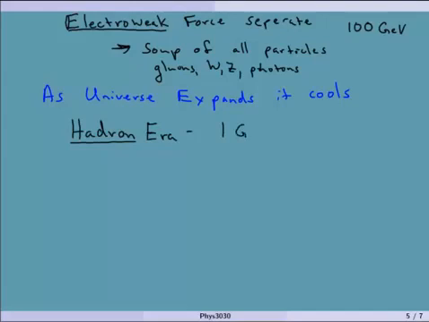This is at energies of about 1 GeV, which corresponds to about 10 to the 13 Kelvin, which is really, really hot. This is at about 10 to the negative fourth seconds into the creation of the universe,